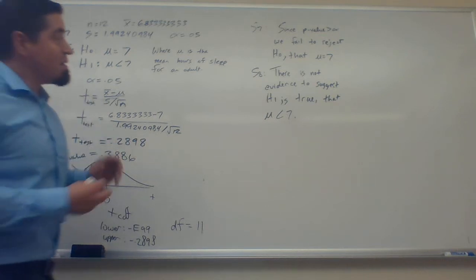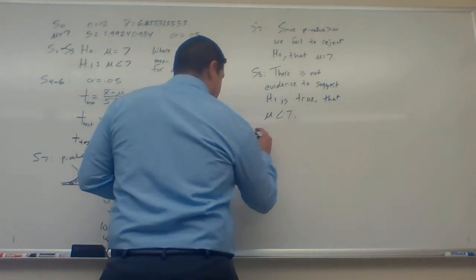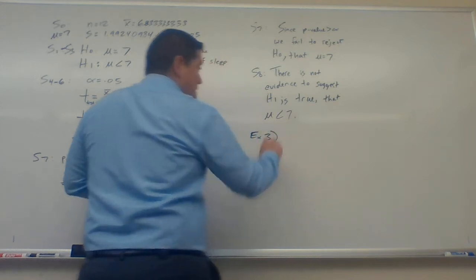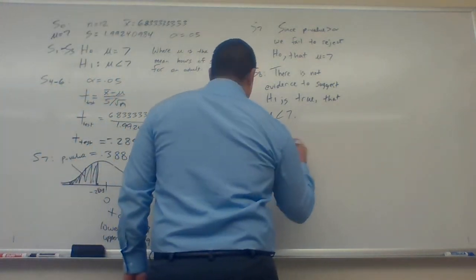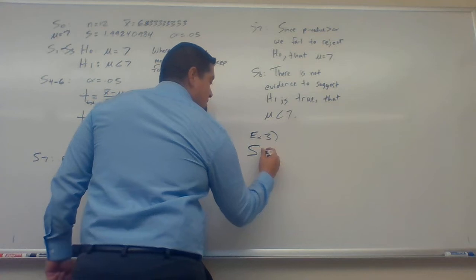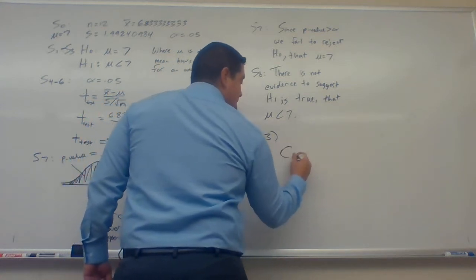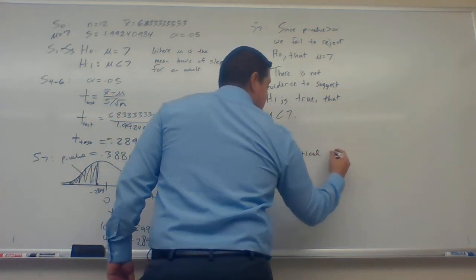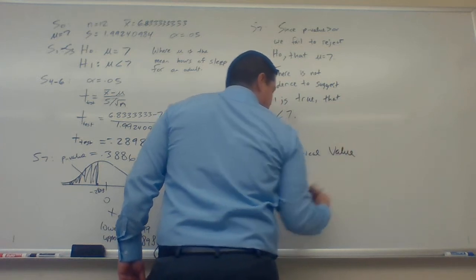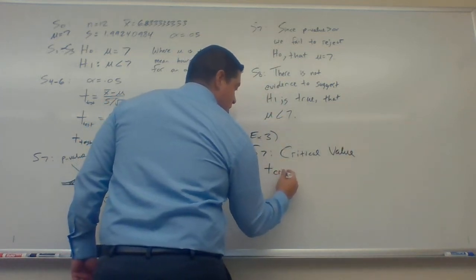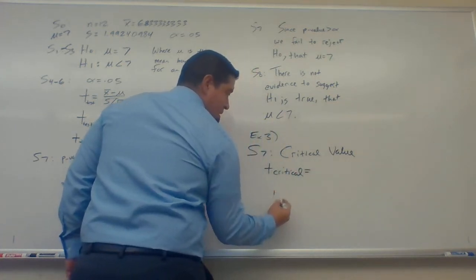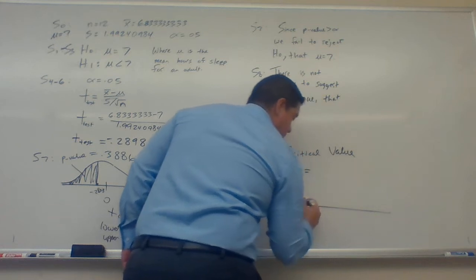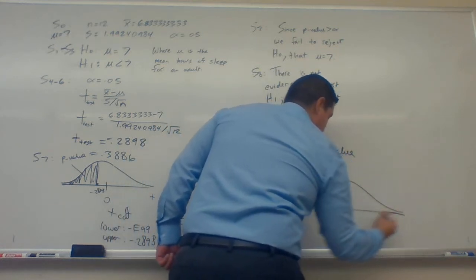So example 2, that's pretty much done. Example 3, that's the critical value method. So meaning we don't have to change much, and I'm not going to change much. The only thing is I need t critical, and that would be starting at step 7. Again, I'm not going to rewrite the rest of the steps. The critical value, or t critical, would be calculated by, in other words, what am I looking for? I'm looking for at which point